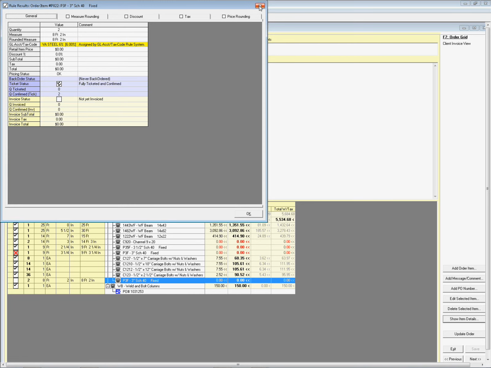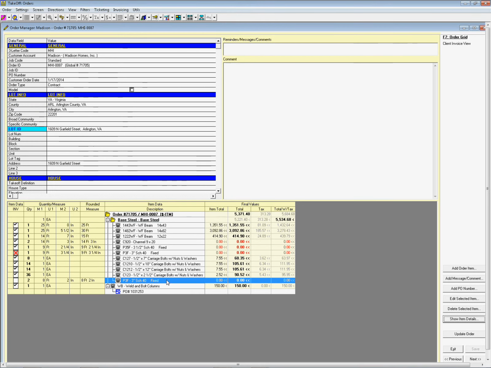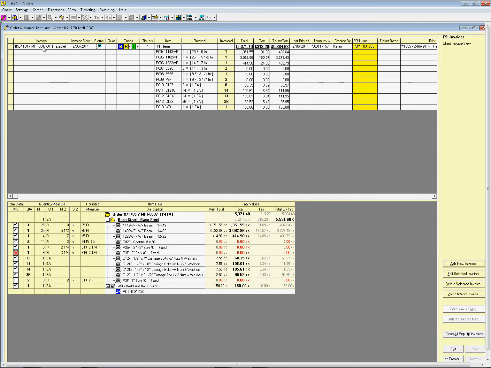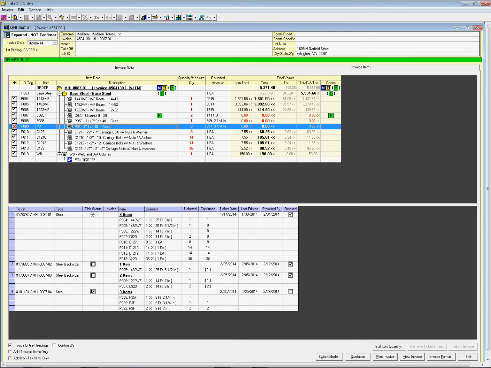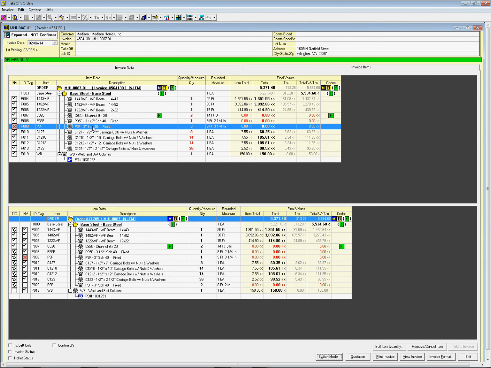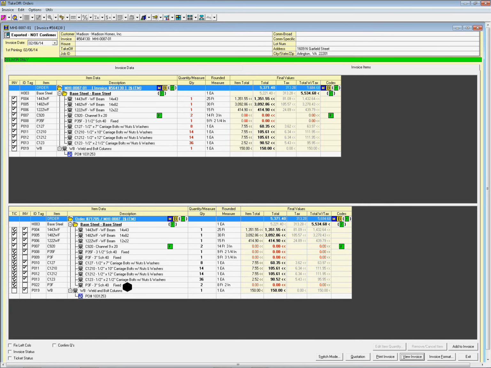So in order to clean up basically the invoice, we would go to the F9 screen. We would go ahead and open the invoice, and what we would do is we would pull down, actually we have to switch modes here so that we can pull down individual items. We would then pull down the 3-inch Schedule 40 fixed column that was invoiced, and then we would pull it back up, and when we pull it back up, it's only going to add the one